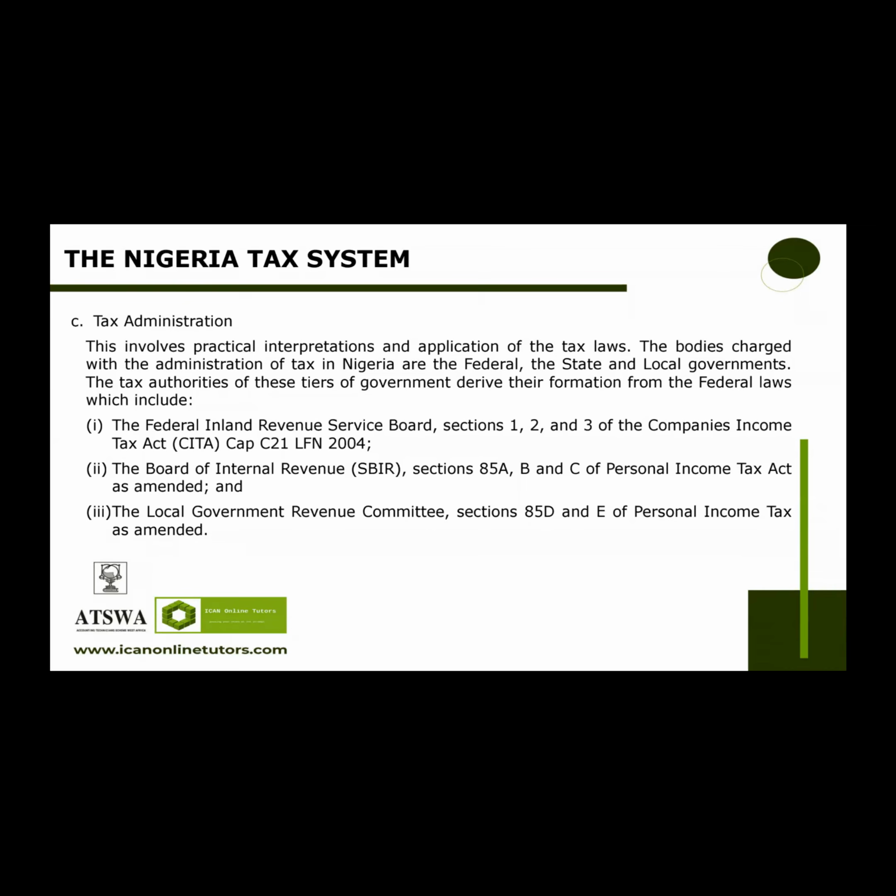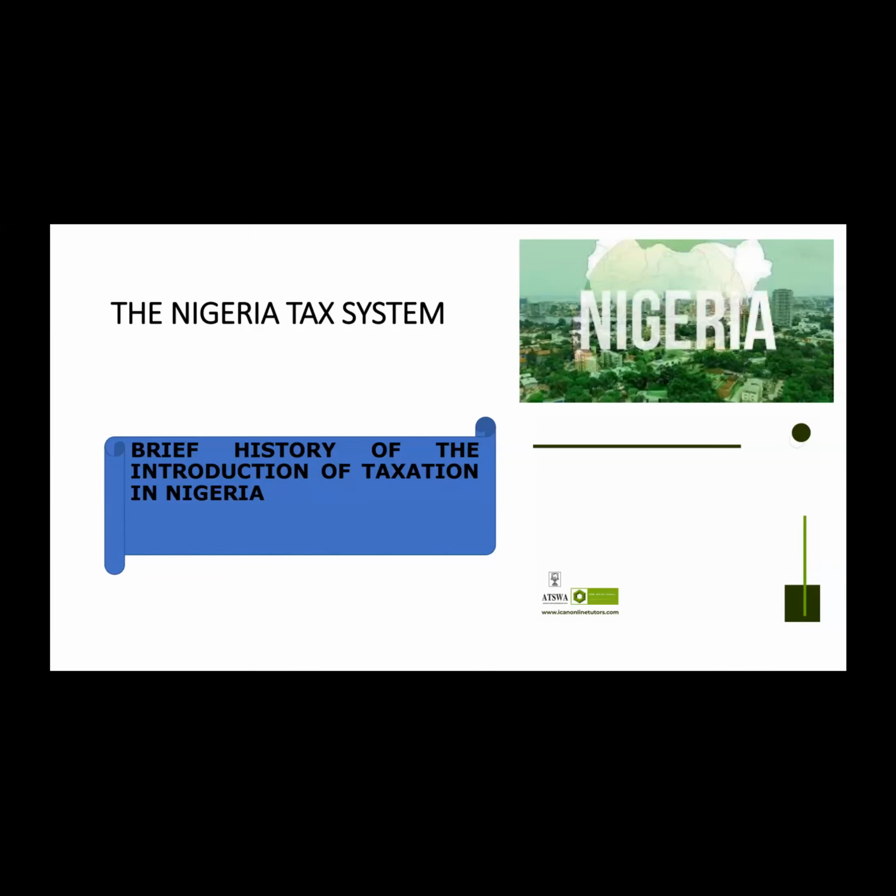Now we are moving forward. Let's take a look at the brief history of taxation in Nigeria. Taxation dated back to 1904 when the late Lord Lugard introduced income tax in Nigeria. It started as a community tax which later culminated in the Native Revenue Ordinance in 1917. In 1918, an amended ordinance extended the provisions of the 1917 ordinance to southern Nigeria.